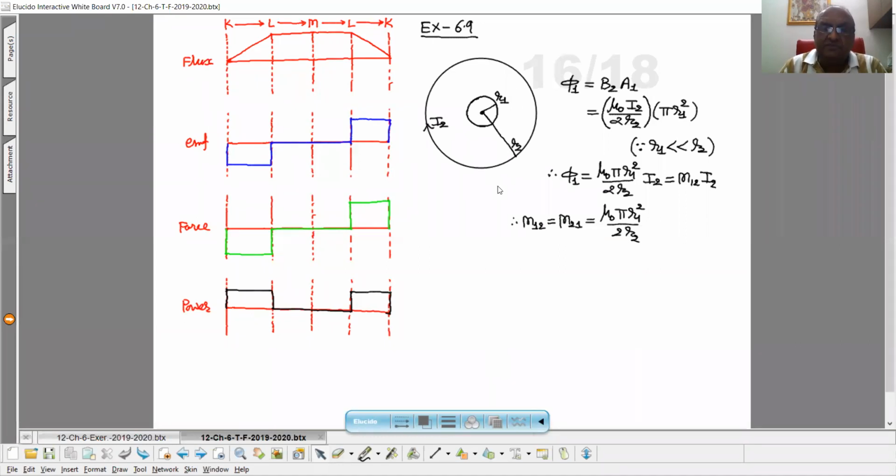So as per definition, the mutual inductance of the system is nothing but the total flux associated with either of the coils due to unit current passed through the other one. So here, let's pass the current through this larger ring, meaning the outer one, and suppose the current passed through it is I2. Now, due to this particular current passed through